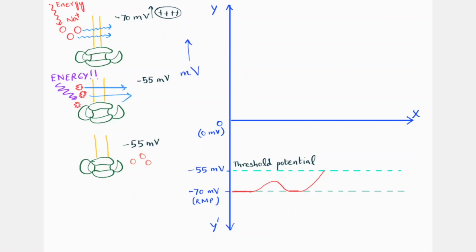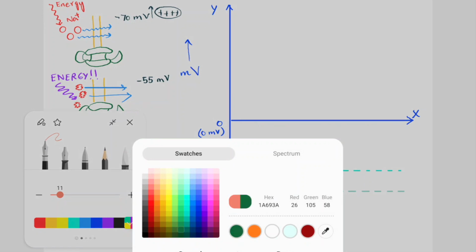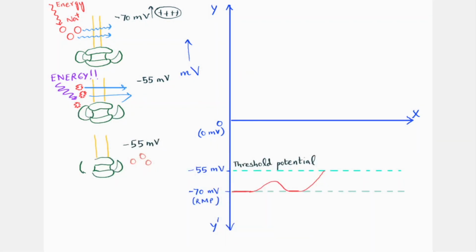So what happens now is very interesting. This fast gate, it was earlier closed, right? If you remember, initially it was closed. Now what happens is it opens. It opens up, and now the ion channel is open on both sides. Now the ion channel, oh my god, now the ion channel is open on both sides.